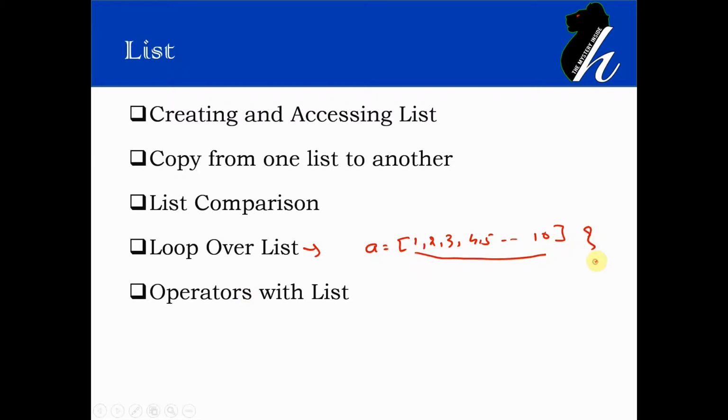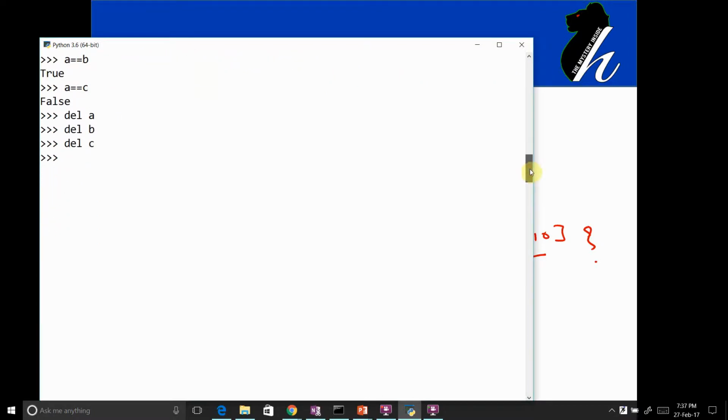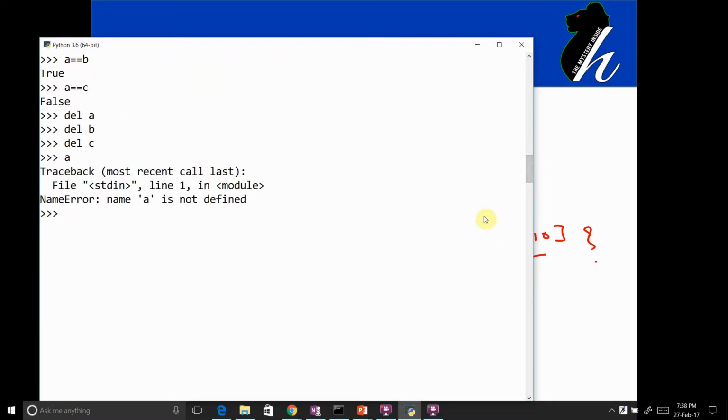So let me demonstrate the same. For that, we definitely need to use the concept of loop, and the most appropriate loop for this is the for loop. I hope you are able to recall the syntax of the for loop. So I am directly going to demonstrate the same. Let me delete all other lists, A, B and C, just to avoid any confusion. Right now I do not have any list with me.